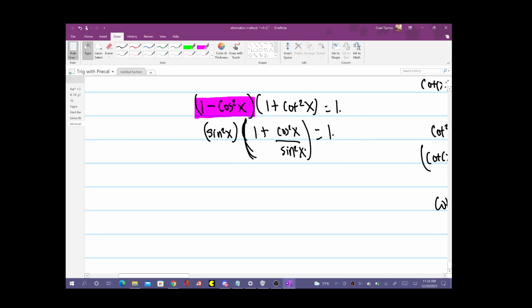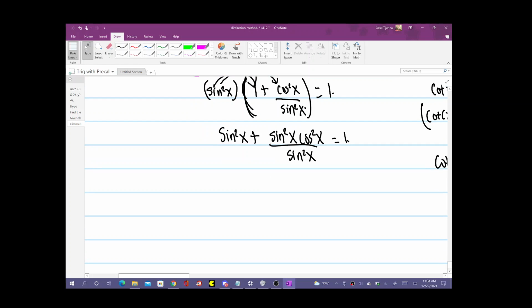So now, we're gonna just do the distributive property. We have sine squared x because we distribute it, and then plus, we distribute this again, we have sine squared x cosine squared x over, I'm sorry, over sine squared x equals 1. This becomes sine